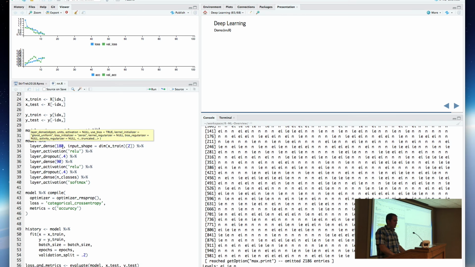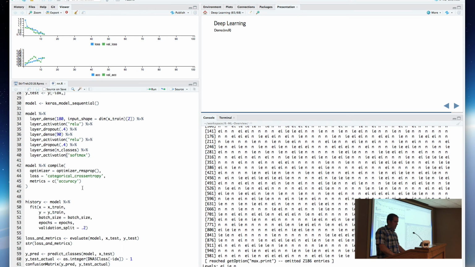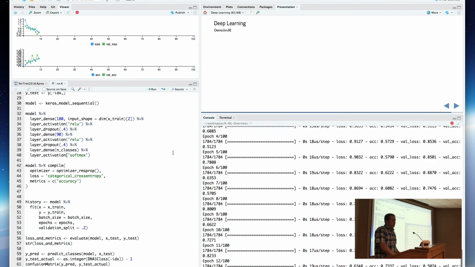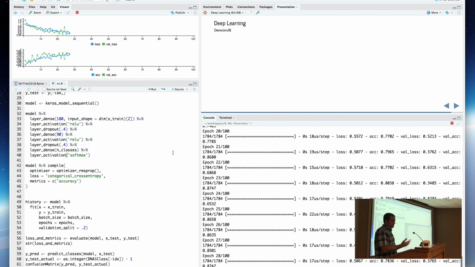So you'll see this is a hidden layer or initial layer with 180 as the number of output nodes, for those of you who know about neural networks. Got an activation function, we're using dropout. Those are kind of advanced deep learning concepts I'm not going to go into here, but let me show that running. And why it runs, we'll talk through. So it's nice, you get the visualizations here of loss and accuracy as you go through.